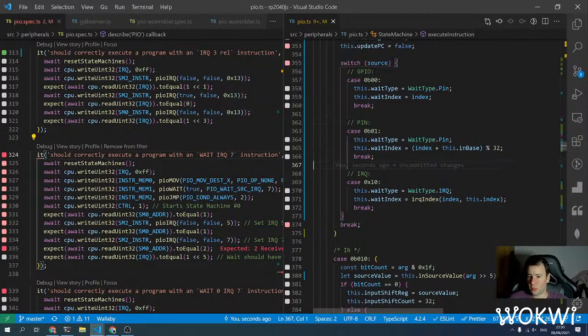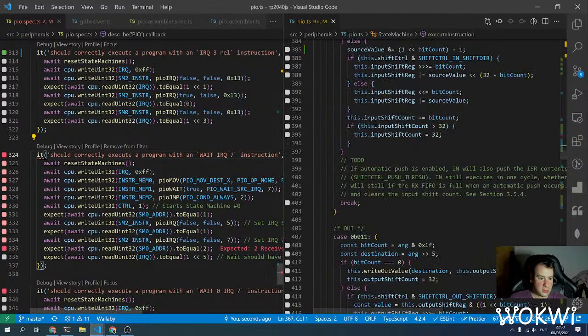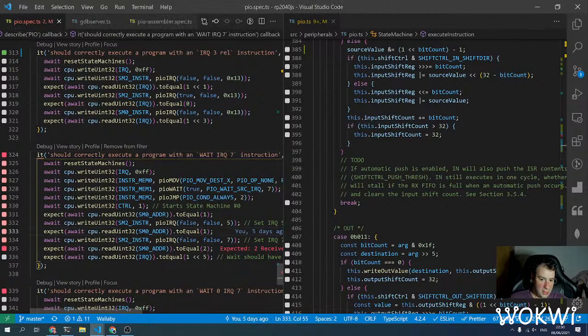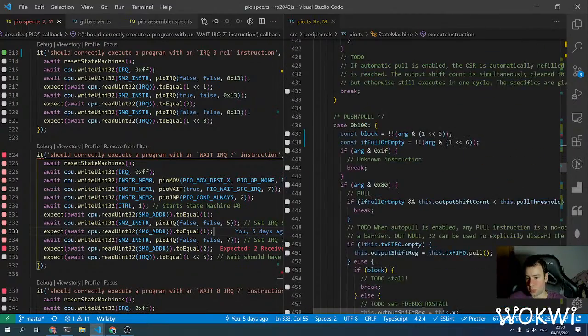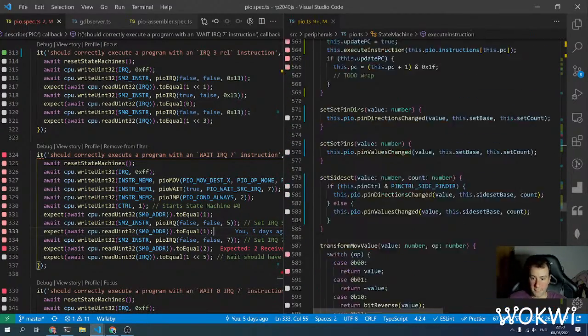And now when we are waiting, we have this waiting is true and updating this is false, and we can see we got past this. And then we set IRQ5, nothing happens, set IRQ7, and then we expect it to resume and clear the IRQ, but we still don't have this mechanism. So